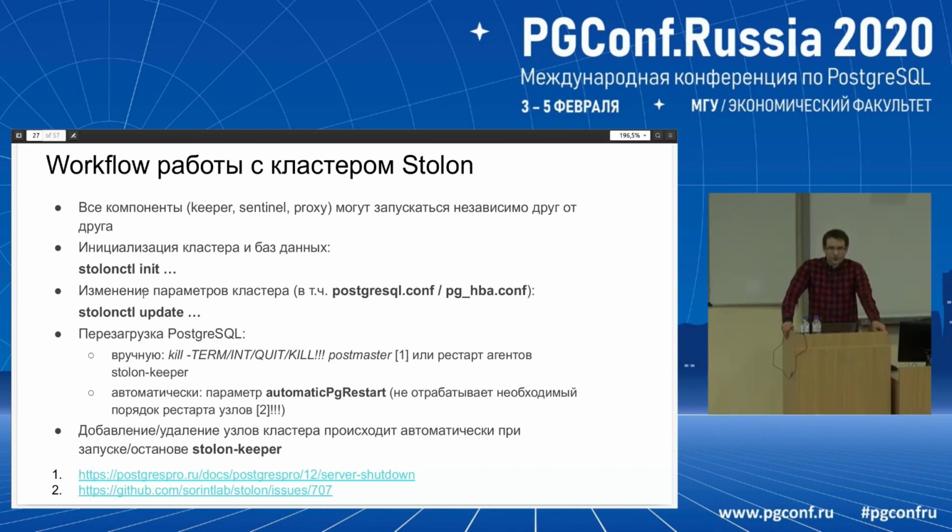you can just kill the postmaster, and then the keeper will restart PostgreSQL. In the new versions, there is a special parameter, automatic restart, that allows restarting the system automatically. Postgres knows automatically when parameters have been updated, but we should note that the order of restart is not right when special parameters are changed. For example, max connections, max locks per transaction, require a certain order of restarting the nodes. And